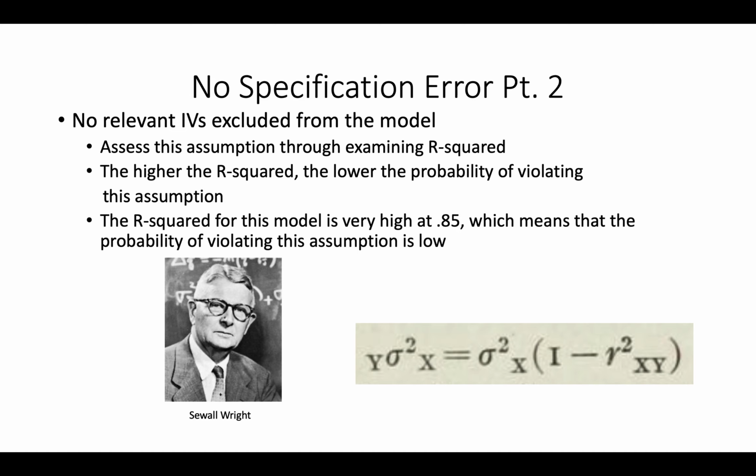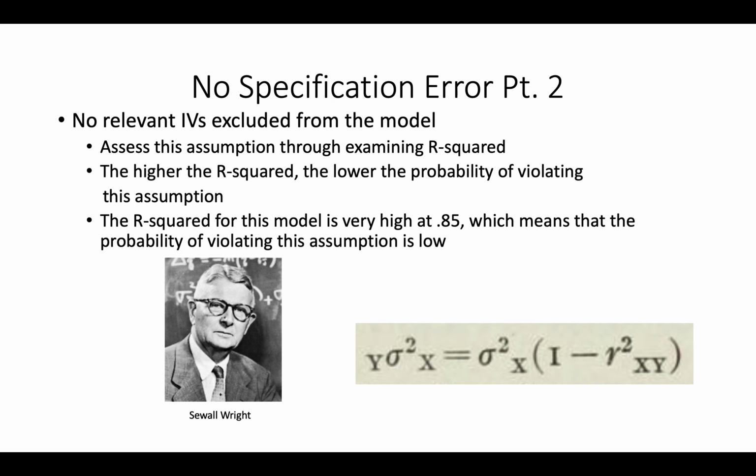The R-squared plays a major role in the next subassumption of no specification error, that there are no relevant independent variables excluded from the model. The best way to assess this assumption is to check the R-squared for the model. The higher the R-squared, the less likely we will be violating this assumption, because high R-squared values mean that we have few, if any, significant independent variables missing from the model. Since our R-squared is so high, we can conclude that there is a low probability that we have excluded statistically